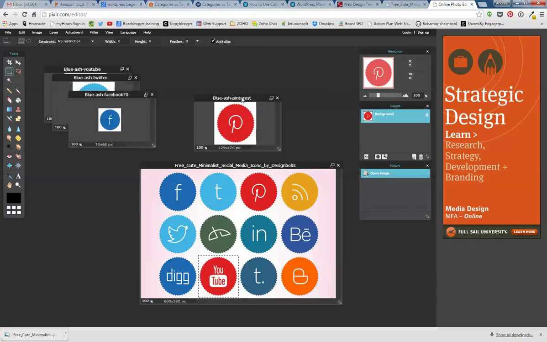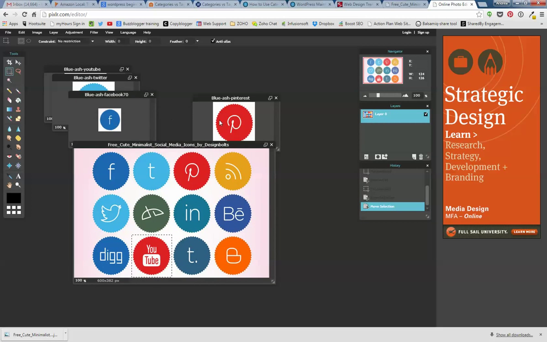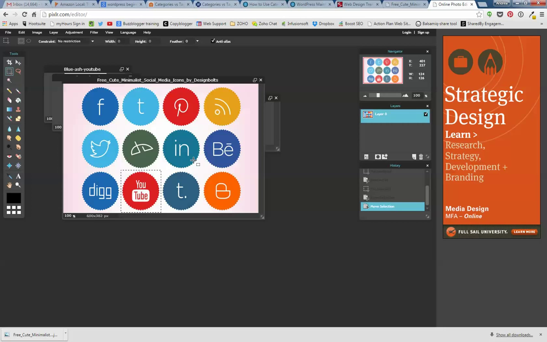Oh, dang it. You know what I did? I didn't save these as a PNG. These are saved as JPEGs with the white background. I'm just going to show you real quick. Again, I messed up. If you wanted to save something with a clear background,